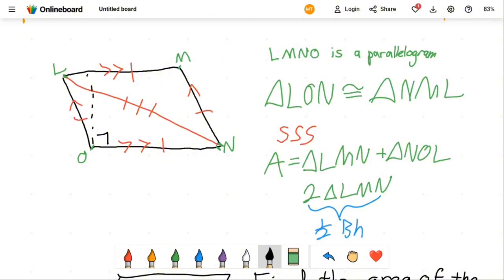It could be anything, right? But we just need to take the height and then find the area of one triangle and then multiply it by 2. So the area of quadrilateral LMNO is also equal to